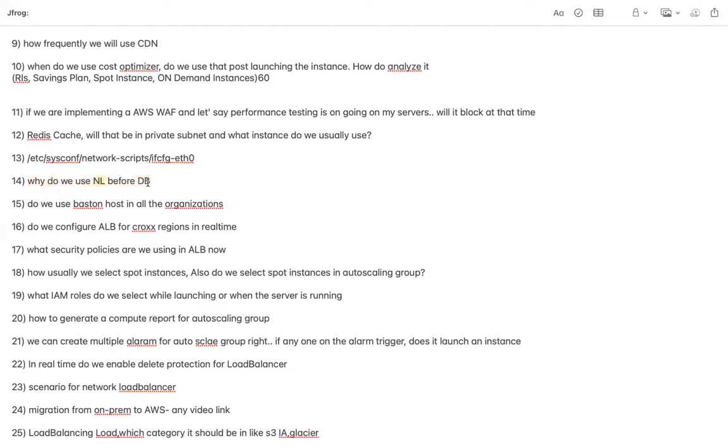So the question is, for the database, let's say the application is getting connected to the database using data sources. Right. So, like you said, the network load balancer has to be used before the database, and the MySQL proxy server has to be used in between the application and the database. So is it that necessary?